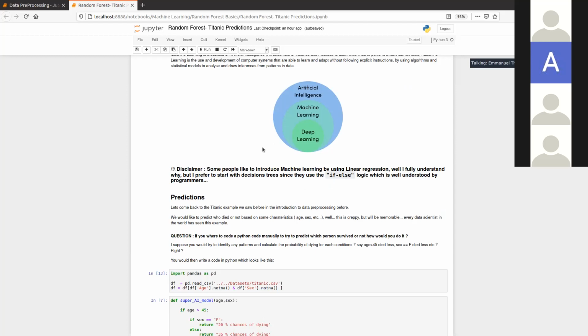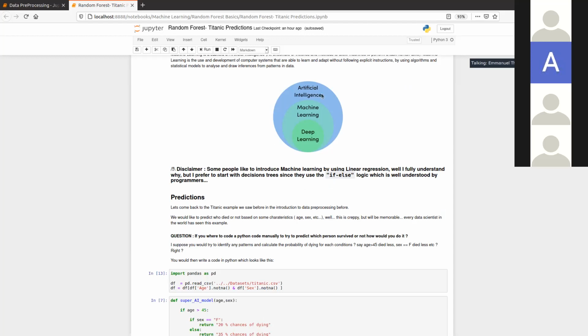Machine learning can also be defined as an algorithm that allows a piece of code to learn and adapt without explicit instruction, normally using data, often labeled data, but that's not always the case.